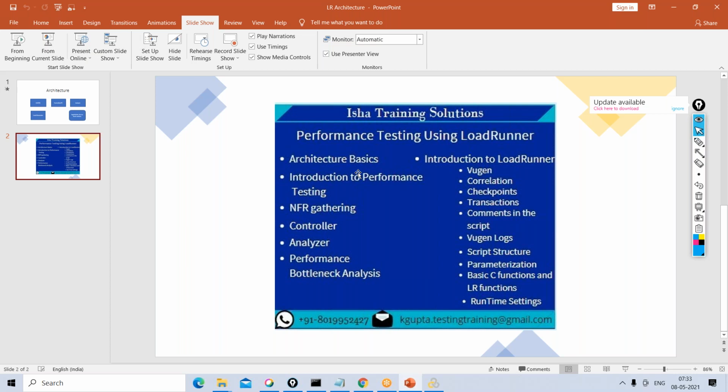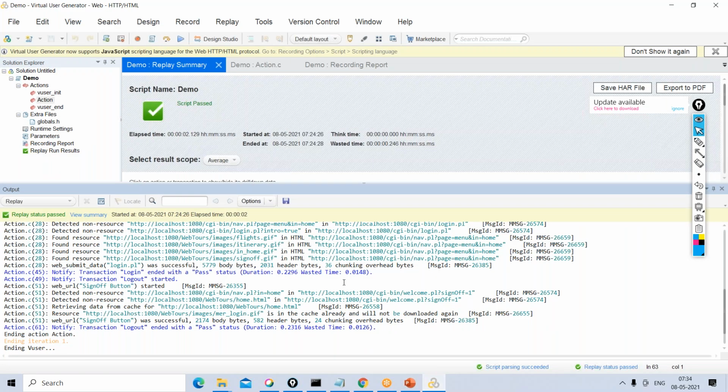Generally, what kind of bottlenecks we will identify, I'll give you a small example here. For example, what is the response time for this login? If you see here, for login and logout, it's showing some 0.2316 seconds, right?